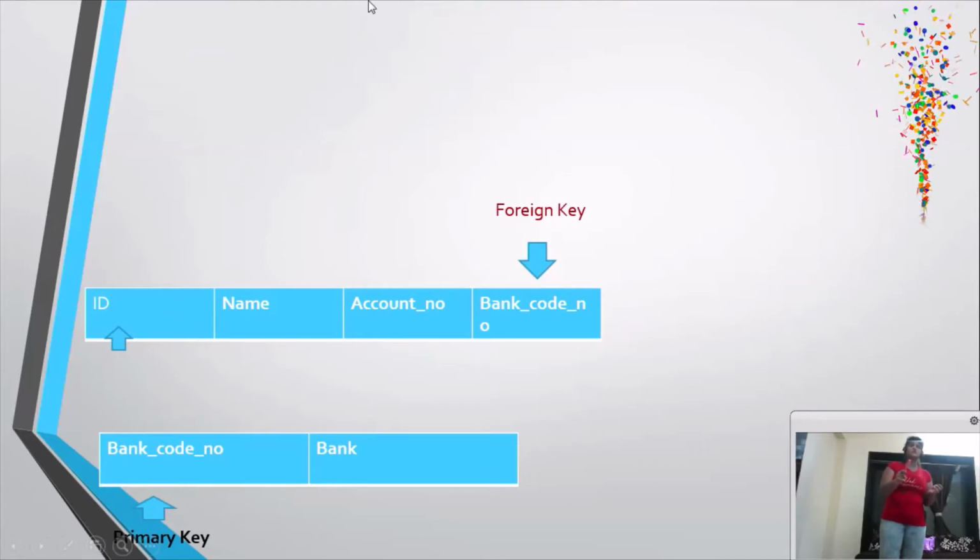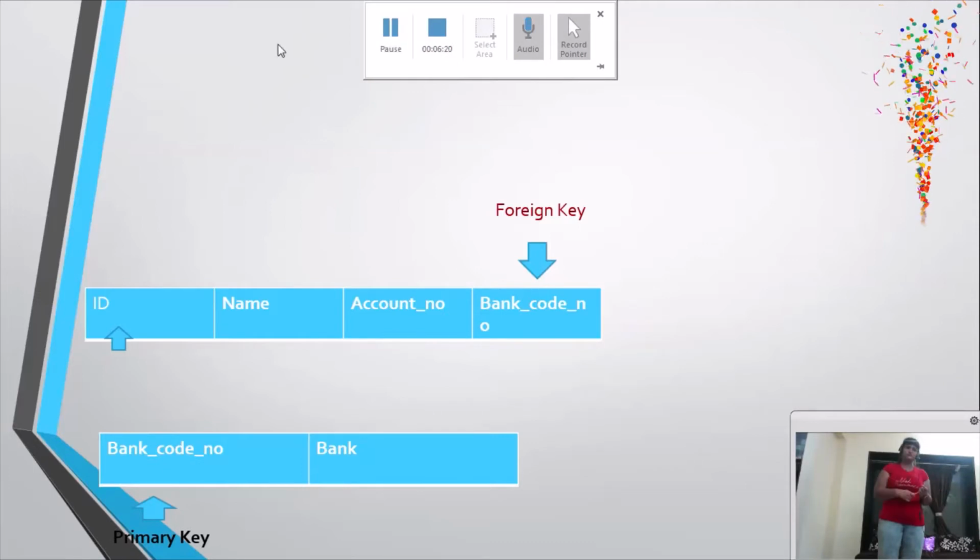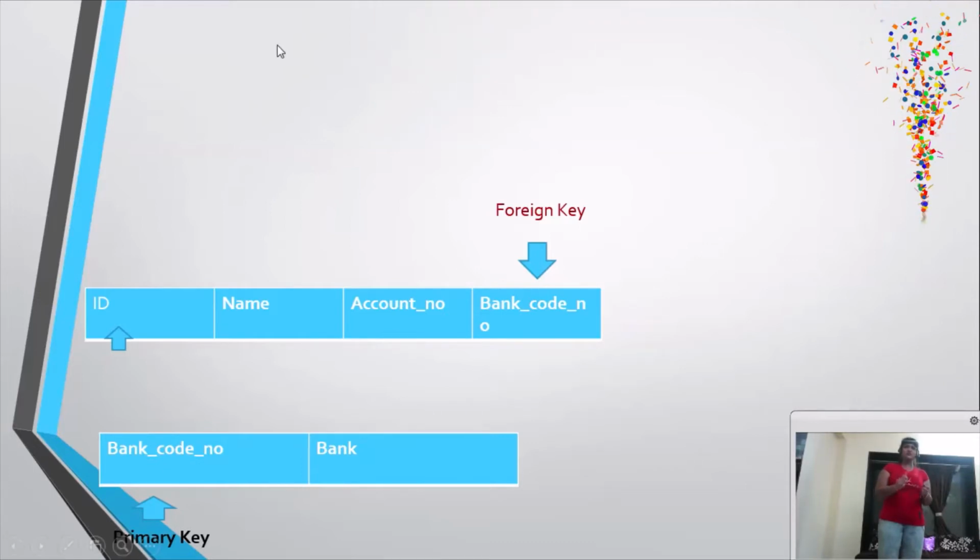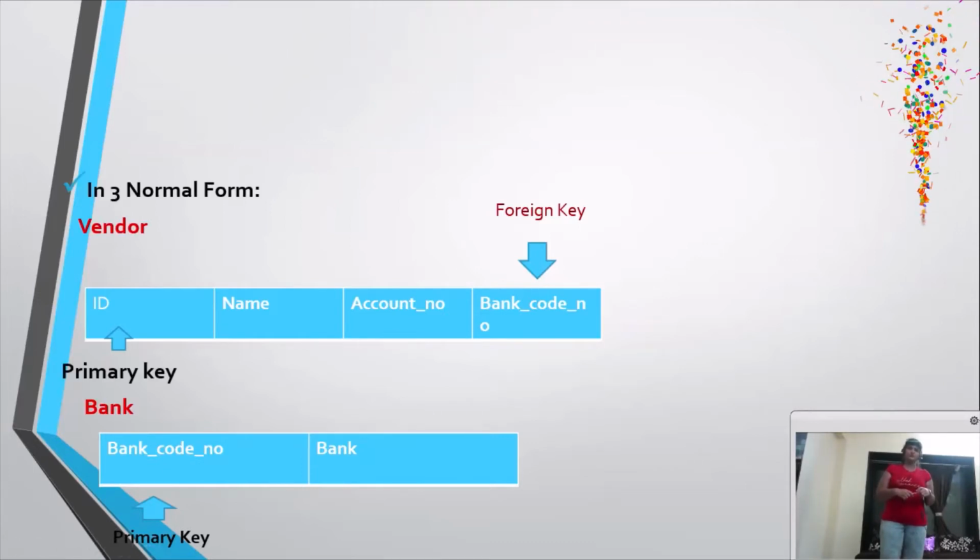So here is our 3NF: vendor with the foreign key, and ID, name and bank. So this is our 3NF, two tables.